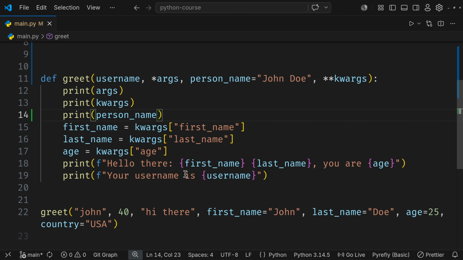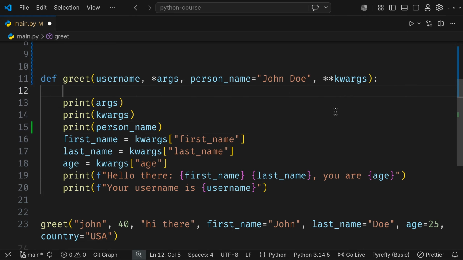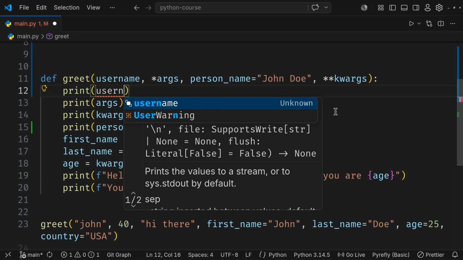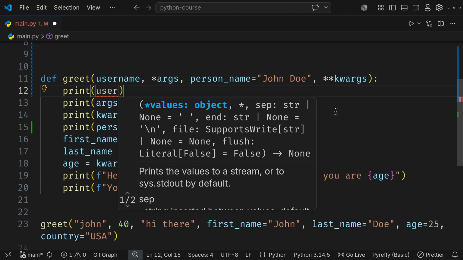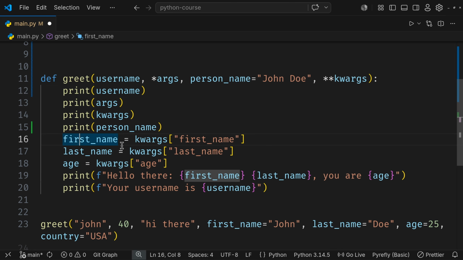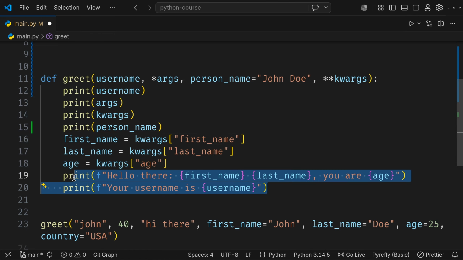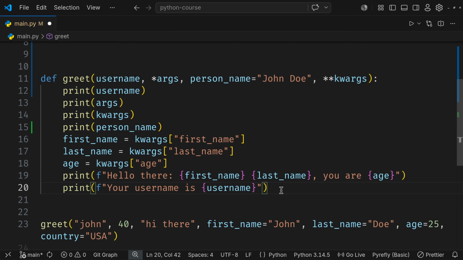In case we want to, we can do something like this. Here I will do something like print of username. Okay, let's keep it here. All right, so now if I run the program,